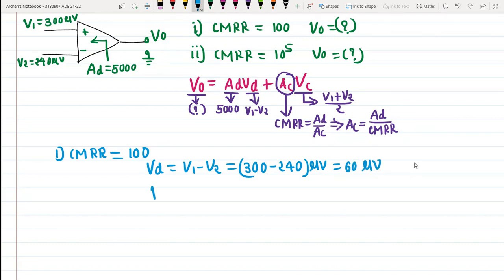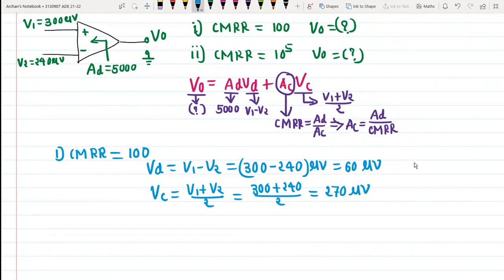Then the common mode voltage Vc is equal to (V1 plus V2) by 2, so it will be (300 plus 240) by 2, 540 by 2, which is equal to 270